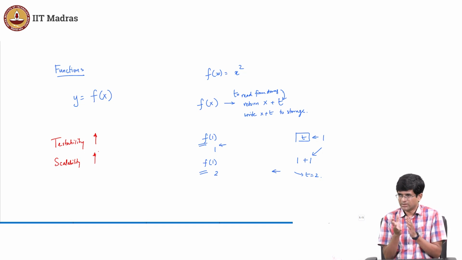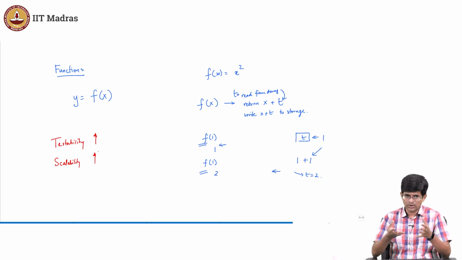Now, I need to be a bit more clear on that. Even that may be okay. You could have a scenario with, let's say, a random number generator. Every time you call a random number generator, you actually get a different result. The only thing that doesn't work in that case is that you will not get exactly repeatable results no matter where you run it, but the overall performance would remain exactly the same.